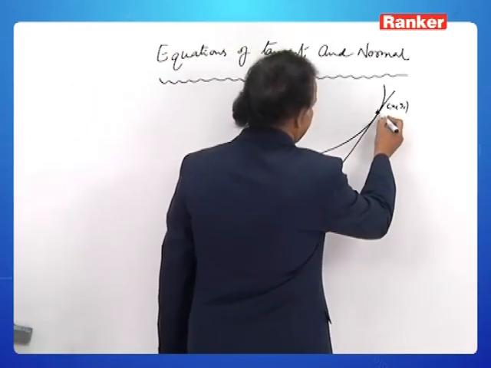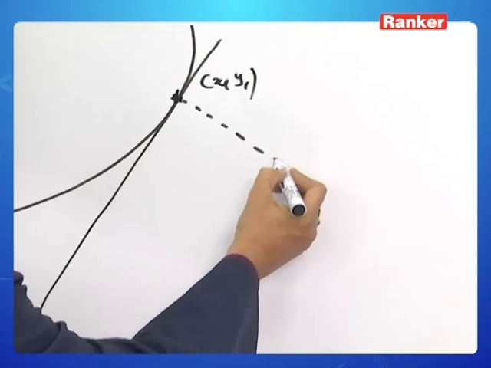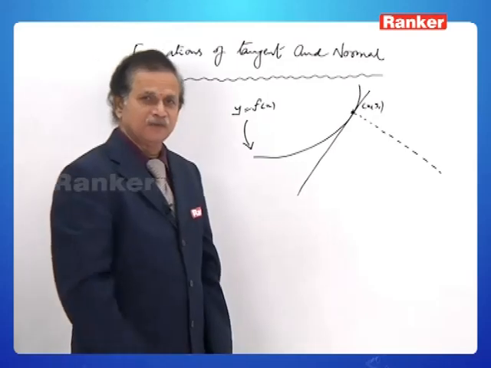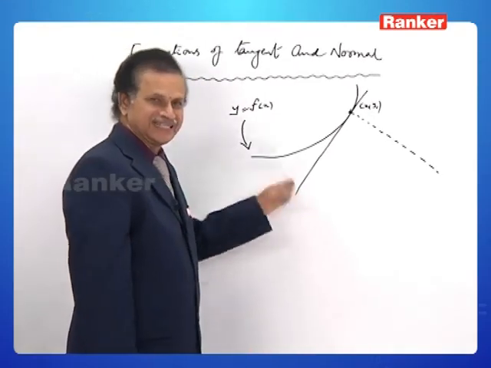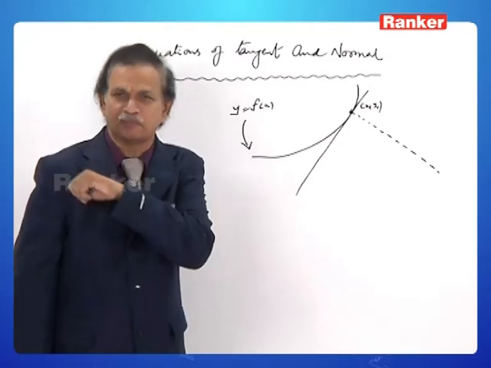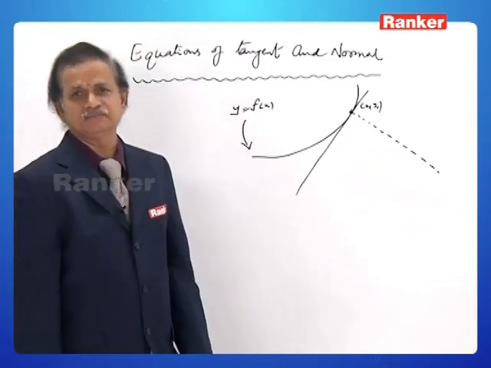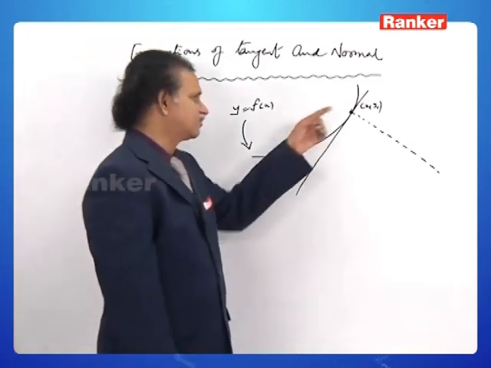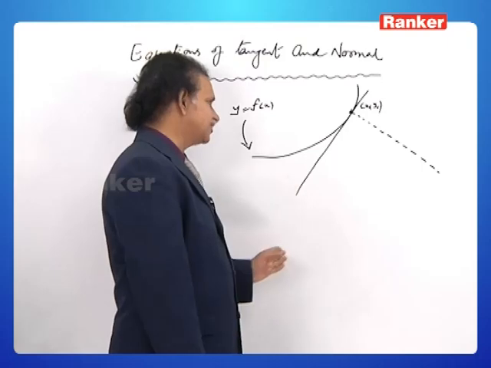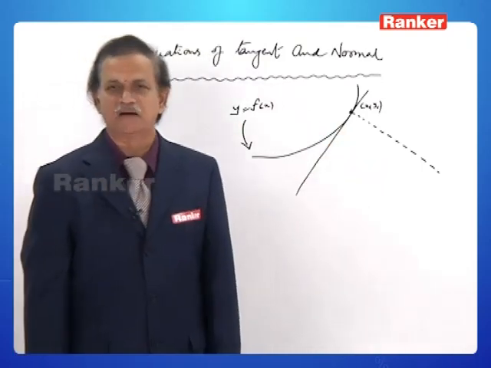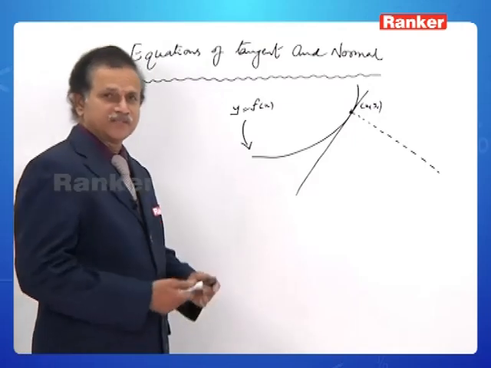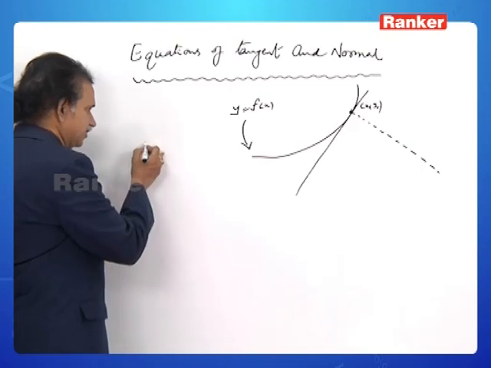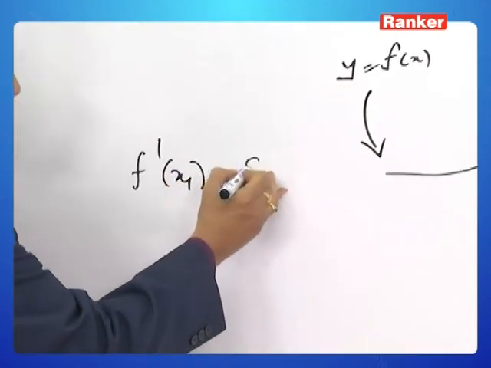Observe the line. It is basically perpendicular to the tangent at the point and through the point. It's nothing but the normal. The line through x1, y1 and perpendicular to the tangent at x1, y1 is just the normal. In the previous discussion, we have noted that f dash x1 is equal to dy by dx at x1, y1,